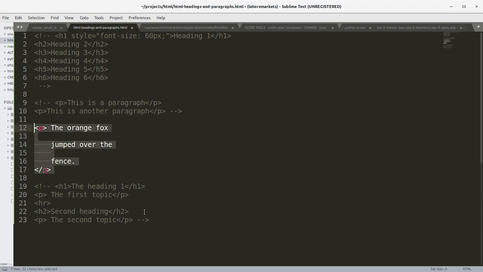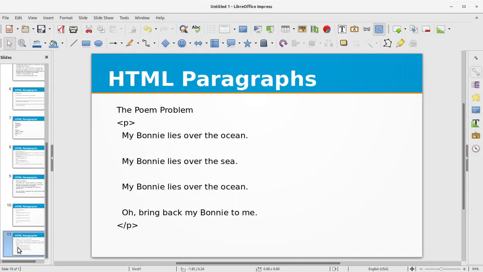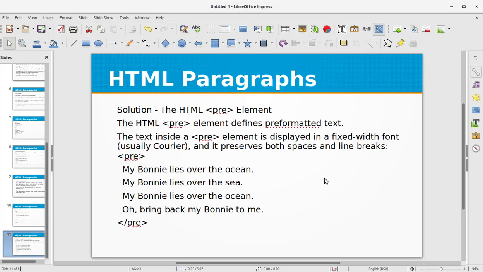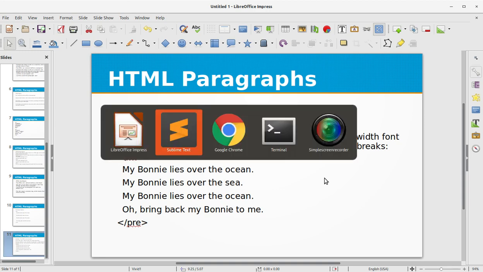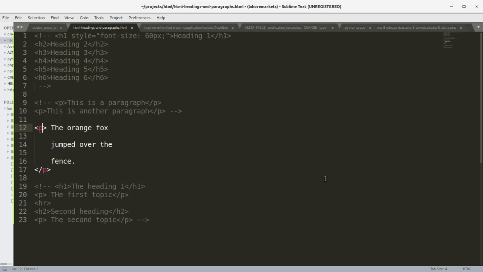The solution is the PRE tag. The HTML pre element defines pre-formatted text. The text inside a pre element is displayed in a fixed width font, usually Courier, and it preserves both spaces and line breaks. So let's see if I change this paragraph